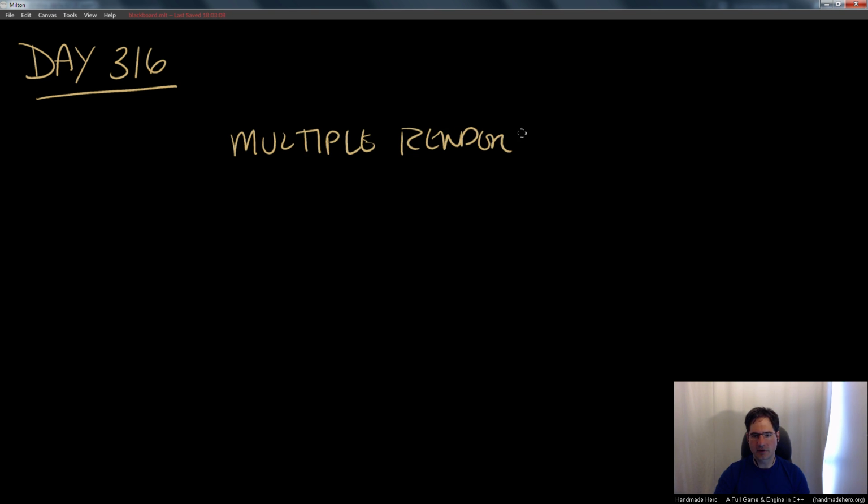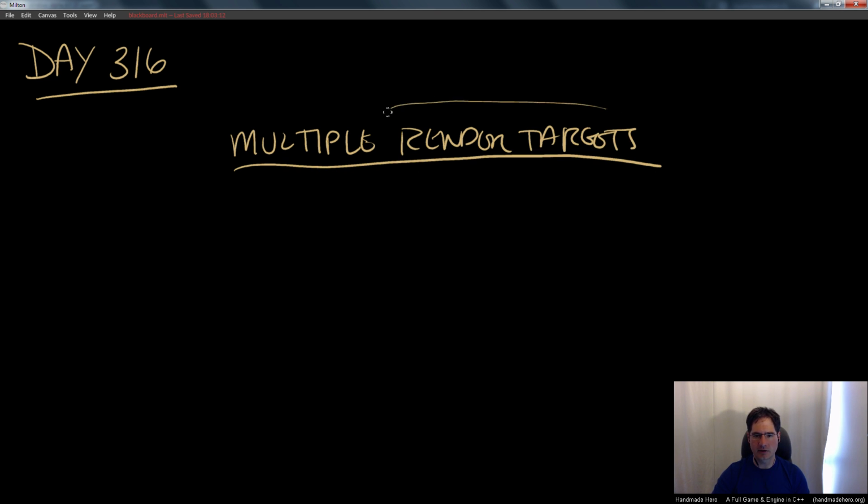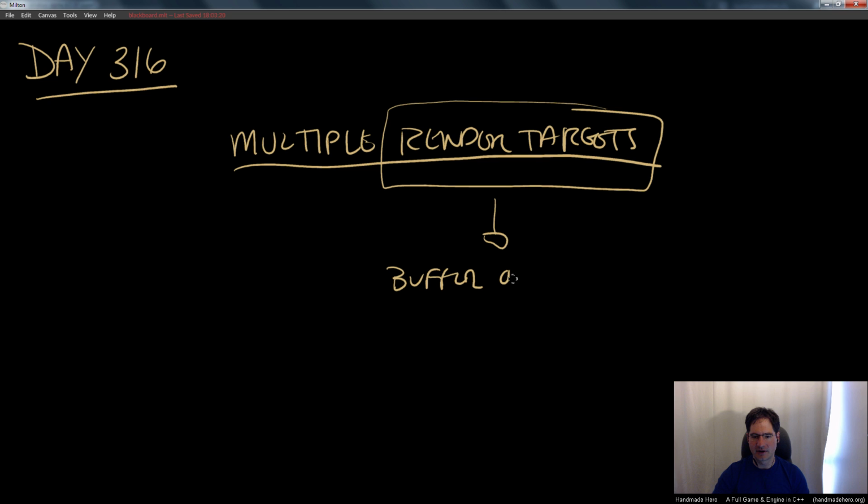So what we are going to be talking about here is multiple render targets. And the phrase render target basically means a buffer of memory that you draw to.